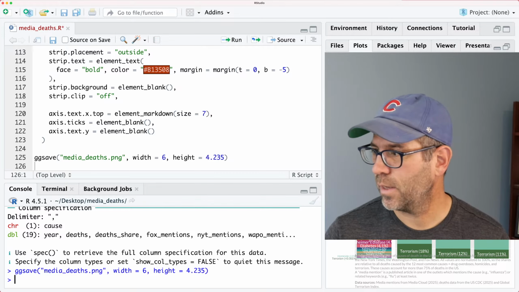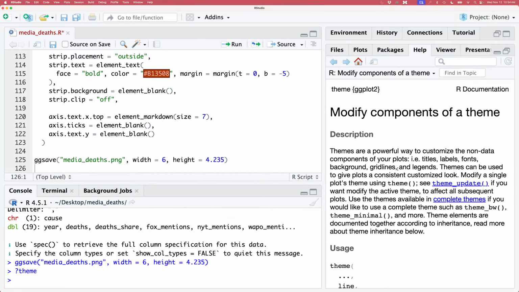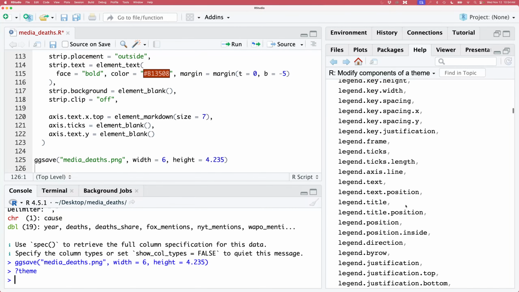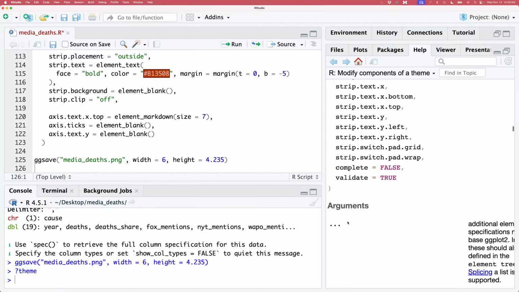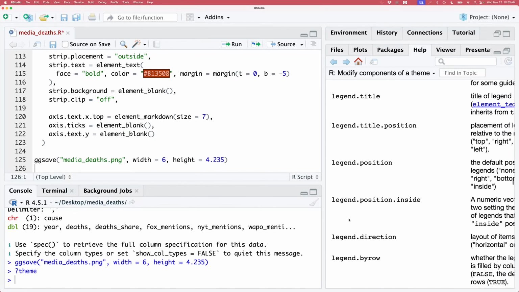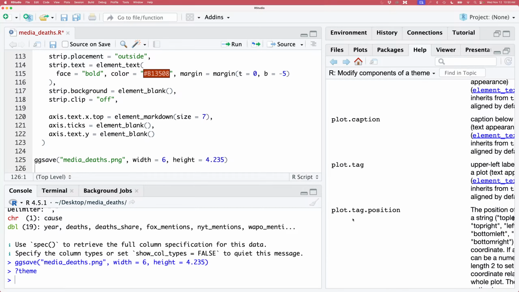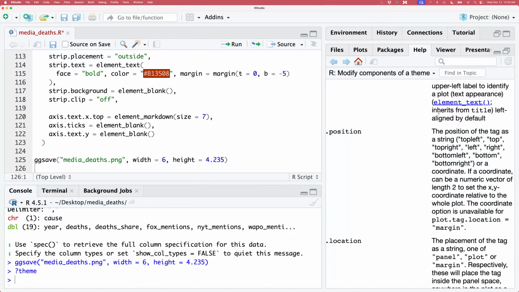And so let's go ahead and look at the help for theme. And let's see. So it's going to be under plot.tag. And so I'll scroll down through here a bit. So there's plot tag position, plot tag location, plot, yeah. So those 3 things. So let's scroll down and see what it does for defaults and what options these arguments have. So keep going, plot, title, subtitle, tag, position, location. Okay, so plot tag, upper left label to identify a plot. It inherits from title. So if we do,